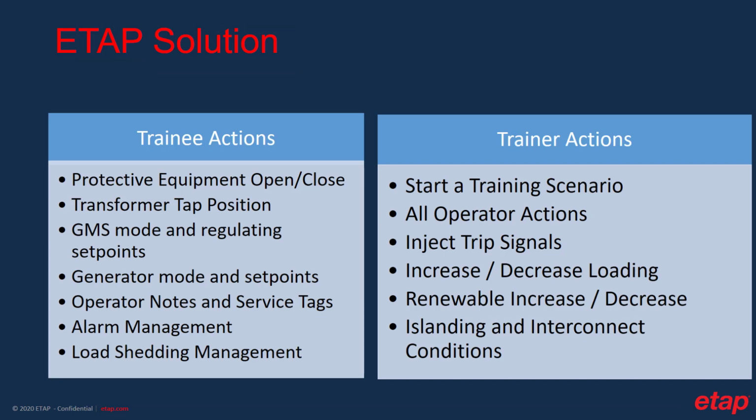Some of the actions a trainee can perform include protective equipment open and close, transformer tap position changes, GMS mode and regulating set points adjustments, generator mode and set points, operator notes and service tags, alarm management, load shedding management. Additionally, trainers can start a training scenario. All operator actions can be performed by the trainer. Injection of trip signals, increase and decrease loading, renewable increase and decrease, islanding and interconnection conditions. Note that this is just a subset of the actions that a trainee or trainer can perform in an ETAP